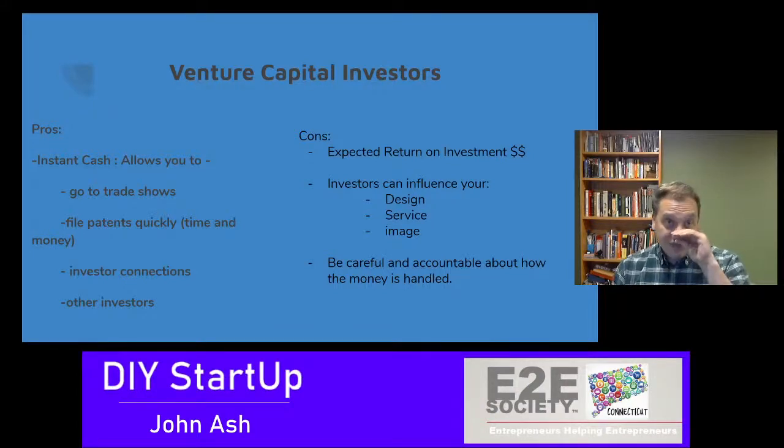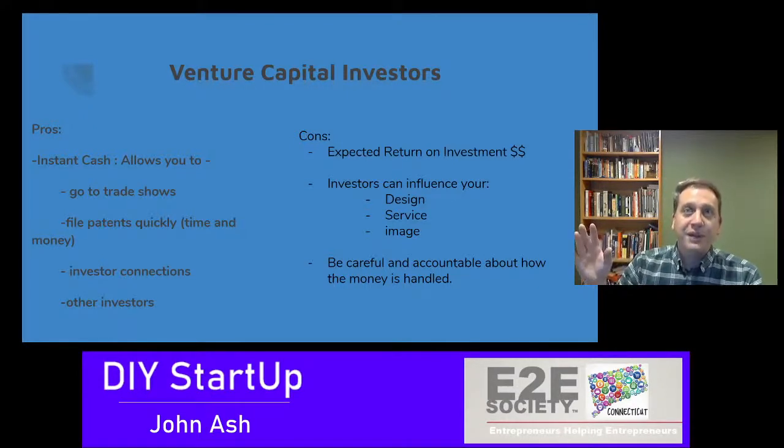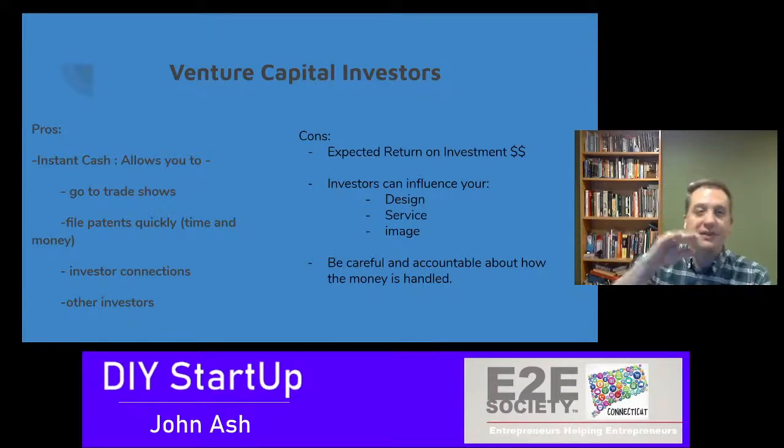Another good thing of venture capital investors is your investor connections. Investors love other investors, and they love organizations and things like that. They can actually bring a lot of stuff to you. Maybe an investor is a cross investor in a different firm, a software firm that might be able to provide resources to help you. Maybe they have a manufacturing connection; they can help you with that. Maybe they can move things around paperwork-wise to make it easier to run your business.